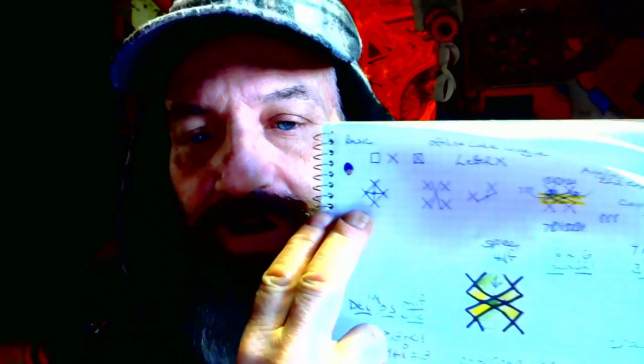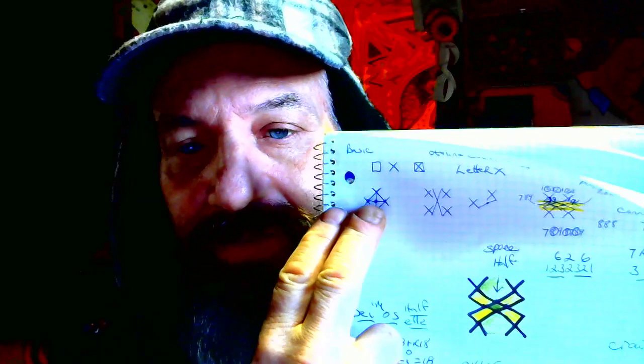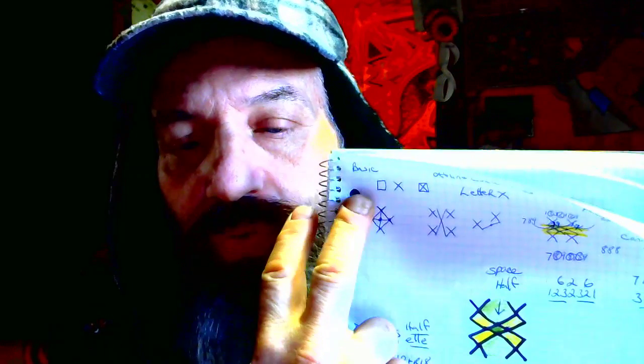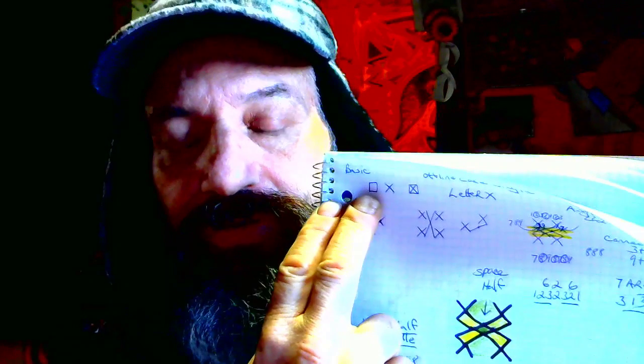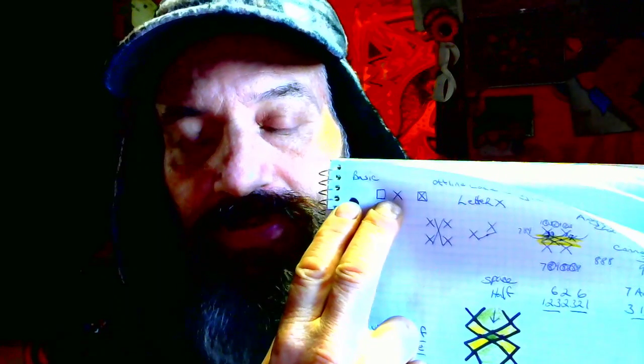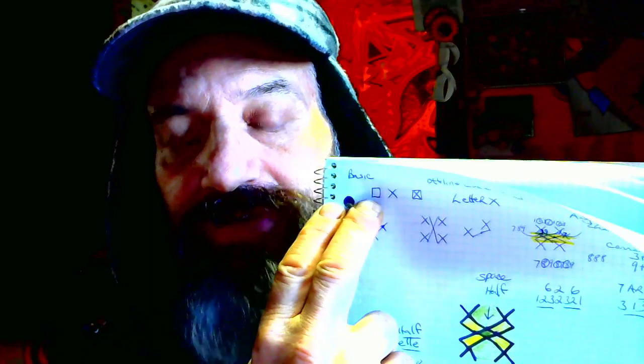Here we are going to talk about the connecting star system. In order to create this star in the center, we have to understand what offline and online is. This is X and this is O. They're the only two letters. They're the 15th and the 24th letter. This will create 8 and 6, 15. This will create 5 and 6, 11. 11 and 15 is 26. 6, 22, 6, X and O.